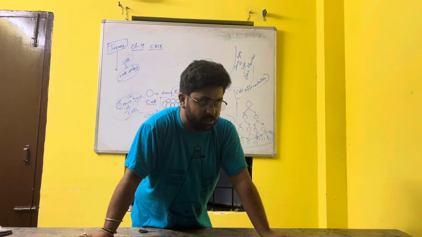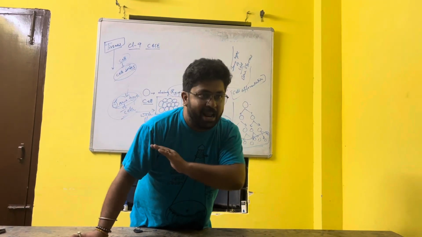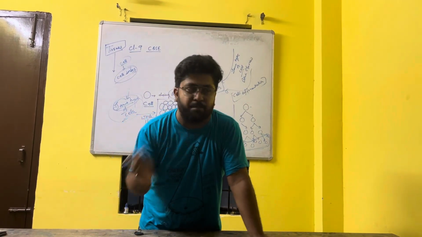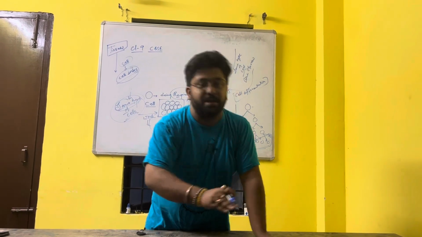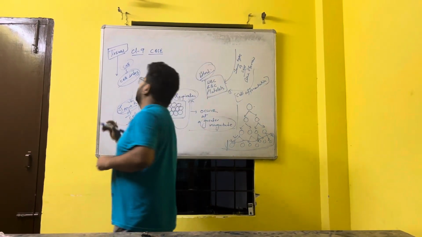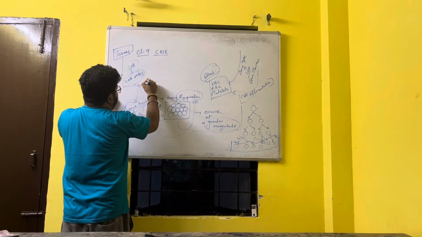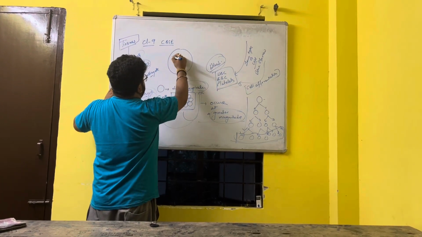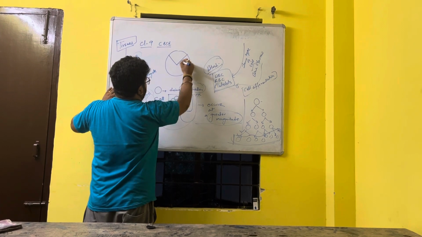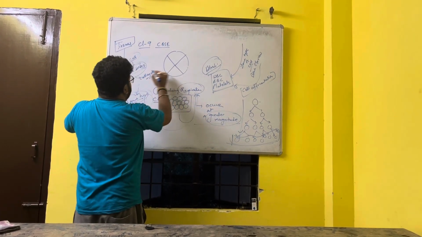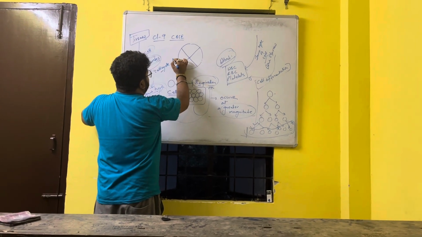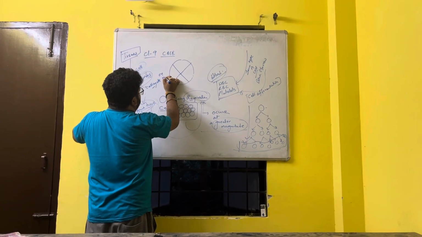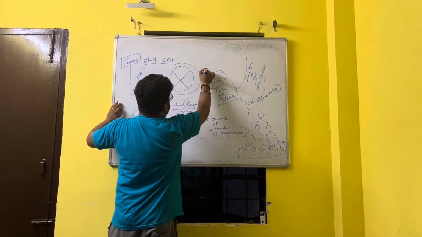Plants are very different from animals. There are points of difference between plant tissue and animal tissue, and in the level of organization of tissue in plants and in animals. We have to understand that. But before that, try to understand this. A cell divides, and for that it goes through the cell cycle. See, this is not a cell, this is a cycle I am trying to draw. The cell divides, and let this be the dividing phase, the M phase, and this is the resting phase.